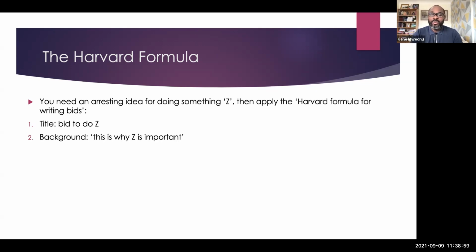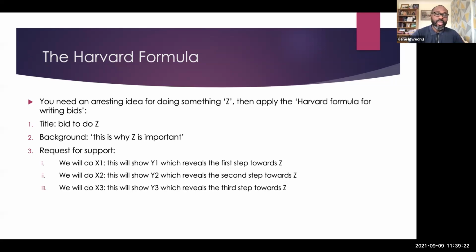Now, in terms of background, why is Z important? You've got to offer a cogent argument, an articulation of why that idea is important, what the impact you're trying to achieve is, which demographic, which community, where that impact sits, and who the work impacts most. And then of course, the request for support.